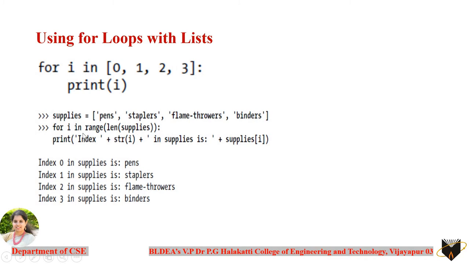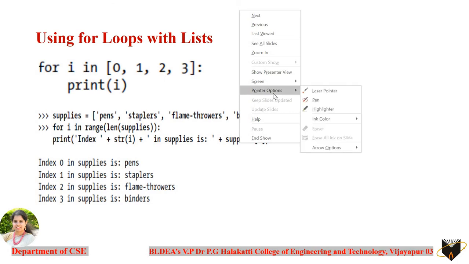When you have a larger list, you cannot afford to put the entire list into the for loop statement itself. In that case, what you can do is, for i in range, the length of that list, to tell for how many iterations this for loop needs to be executed. Later on you can use the indexing value to access the elements of that list. Let me show you these two examples with the help of execution so that it will be more clear for you.